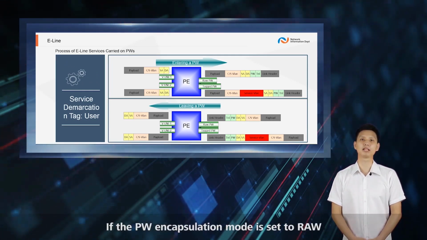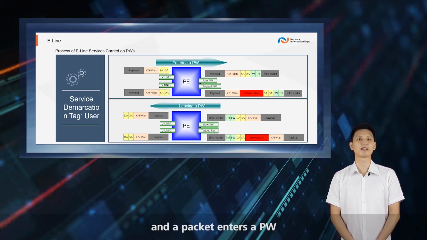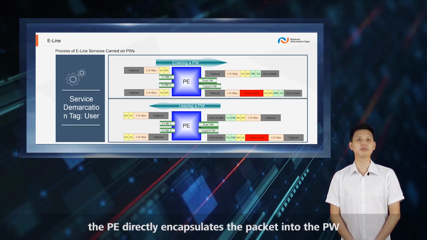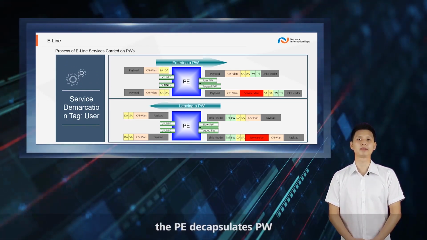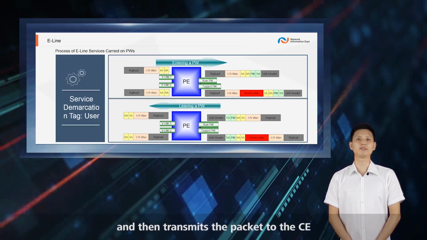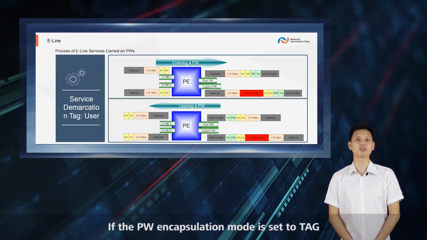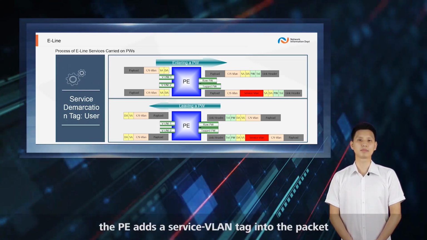If the PW encapsulation mode is set to raw and a packet enters a PW, the PE directly encapsulates the packet into the PW. When the packet leaves the PW, the PE decapsulates PW and then transmits the packet to the CE. If the PW encapsulation mode is set to tag and a packet enters a PW, the PE adds